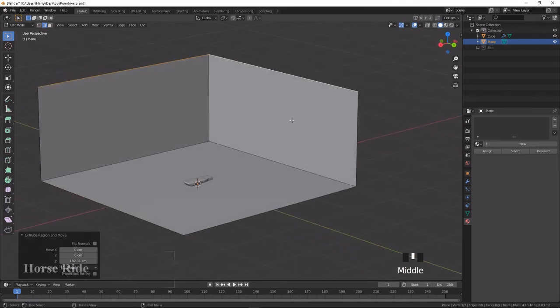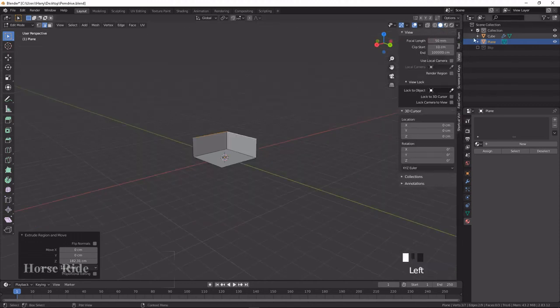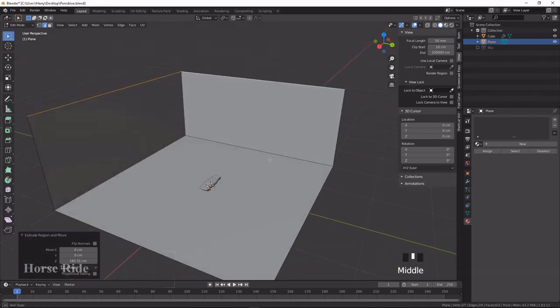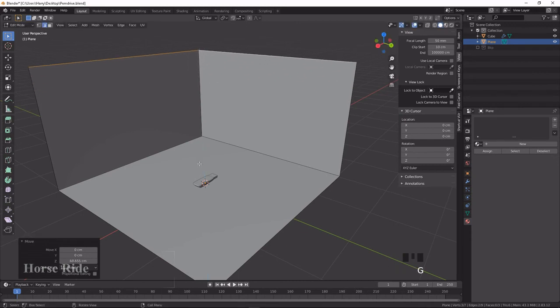You can see some focal length is still having issues. What I'm going to do is go to view again, press N and make it 50. Now it looks better. Fine. G is ready to move towards up, and press 3 on the keyboard.